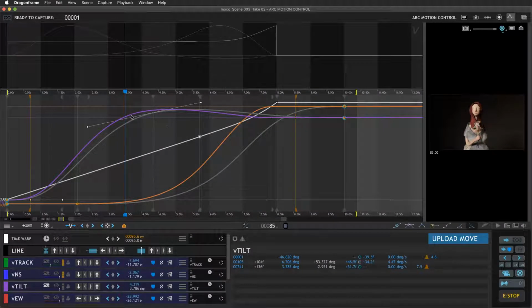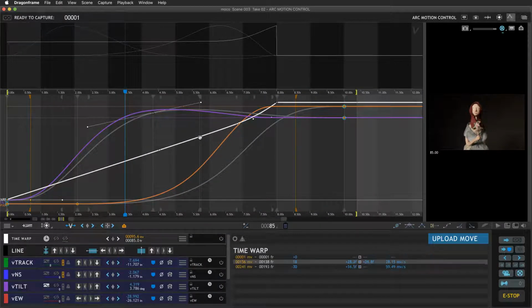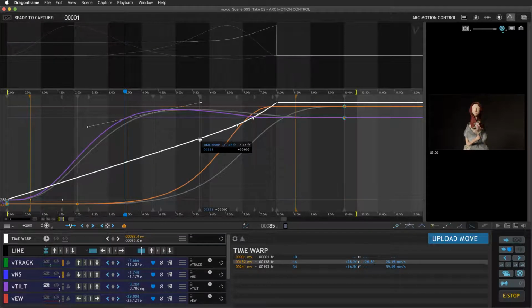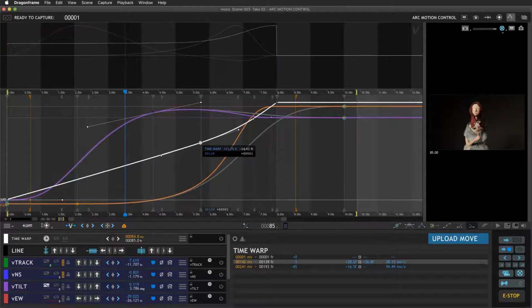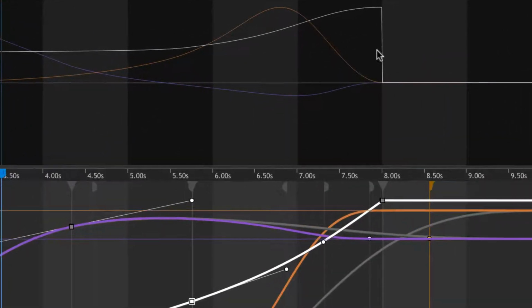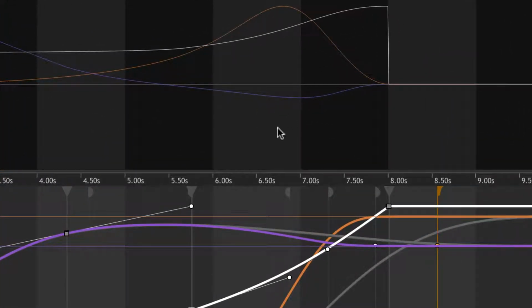So if we want this area to line back up a little bit better, I'm going to have to pull this line down, an option, and I'm just going to pull it down. There we go. Now we get the beginning of the move more like it was before. We've got a nice soft curve happening here, and then it kind of flattens out. So this is the only time where you don't want a velocity